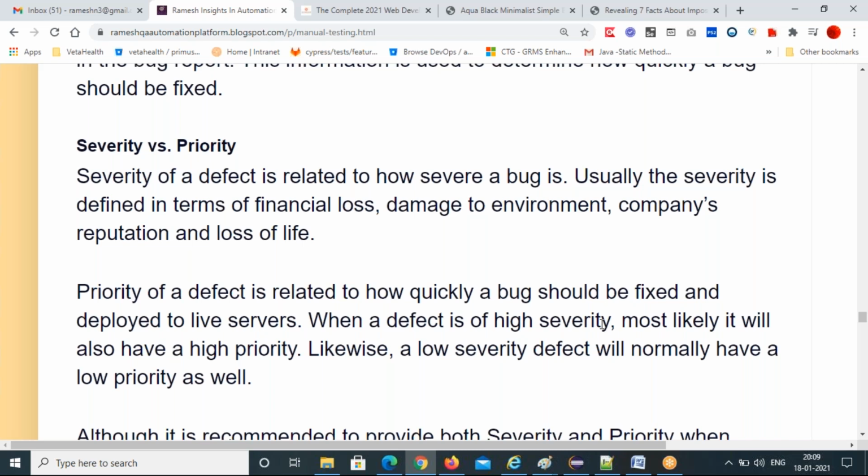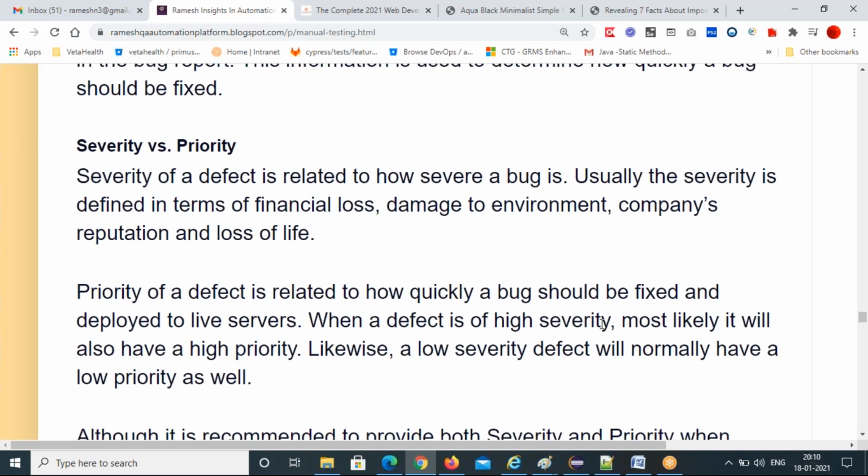Low severity, low priority bugs are things like UI issues, alignment, consistency missing, a spelling mistake on the very last page that nobody sees, or small buttons that overlap. These are low severity bugs and they will give low priority.